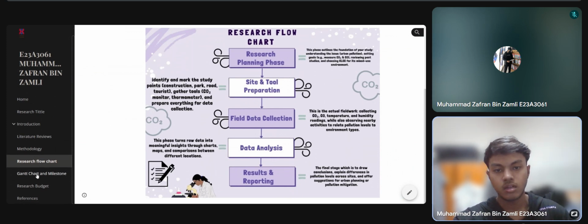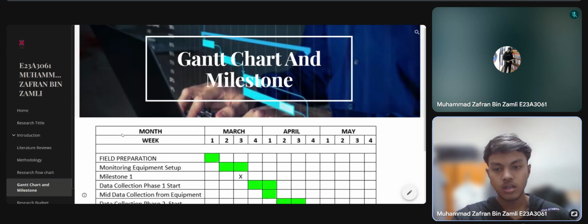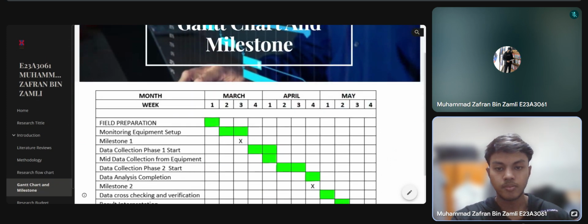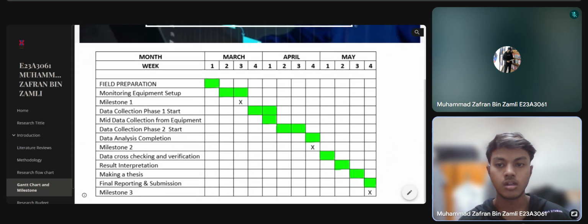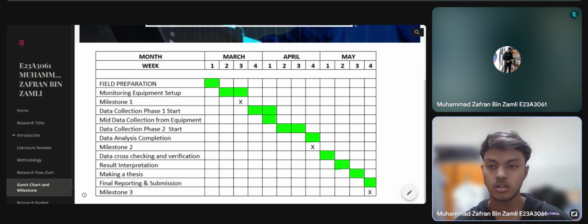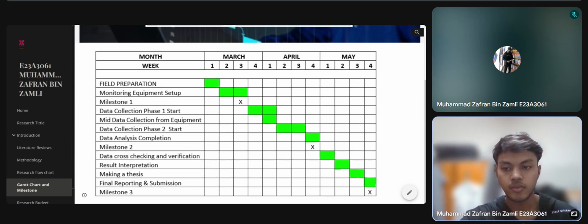Next is my Gantt chart and milestone. In the first week of my experiment, I monitor equipment setup, and that's my first milestone.